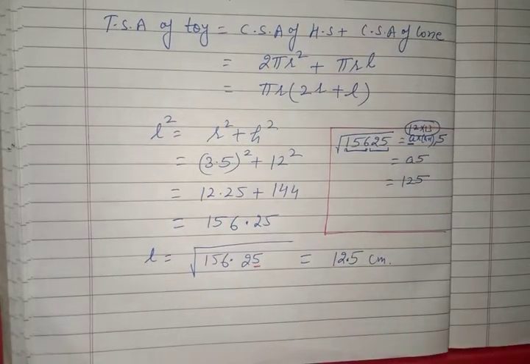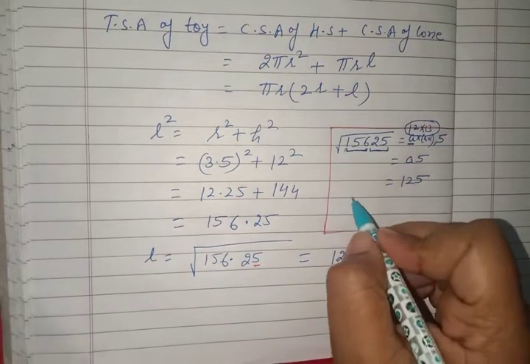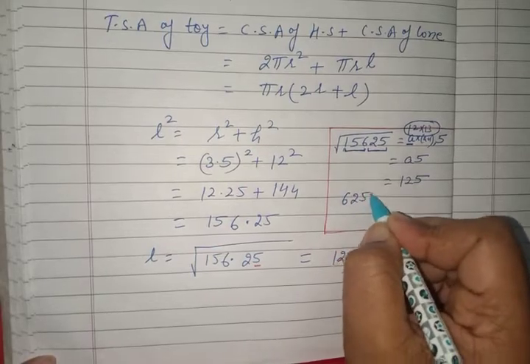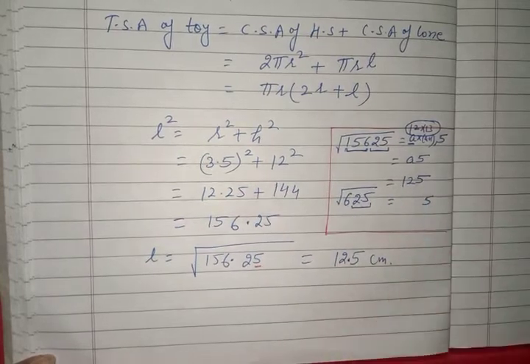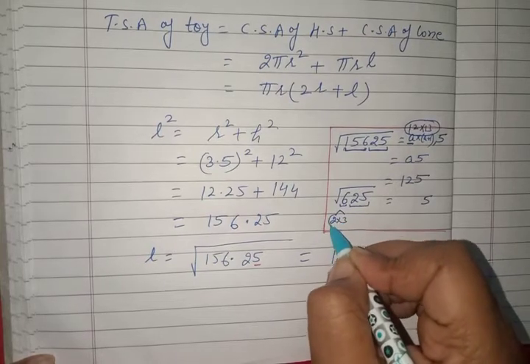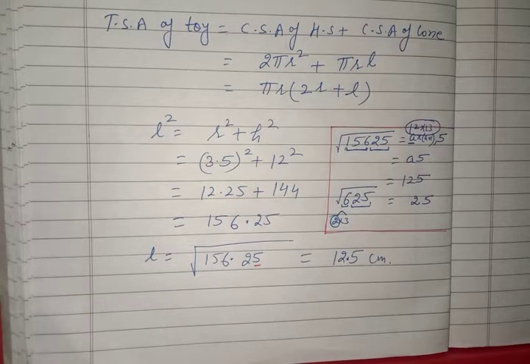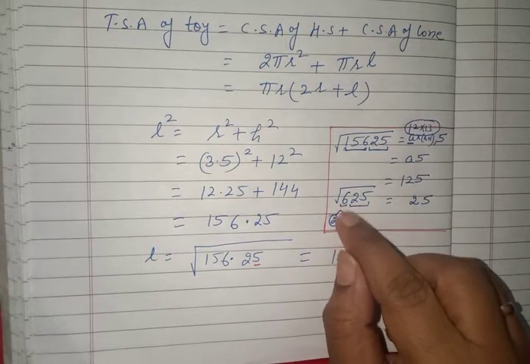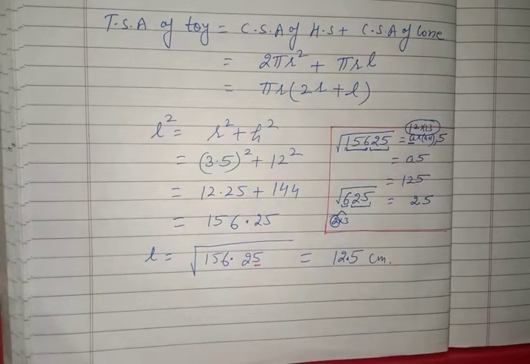I hope this trick is clear to you. If it is not clear to you, then apply the long division method that you have done in class 8, or prime factorization. You will get this 12.5. Otherwise it is very easy. Just see, suppose 625. Square root of 625 is 25. The last digit is 5, and 6 can be written as 2 multiply 3. So take this smaller number, 2, and 5, 25. I hope now it is clear to you. Convert this number into the multiplication of two consecutive numbers and take the smaller one. So the answer of l we have got.